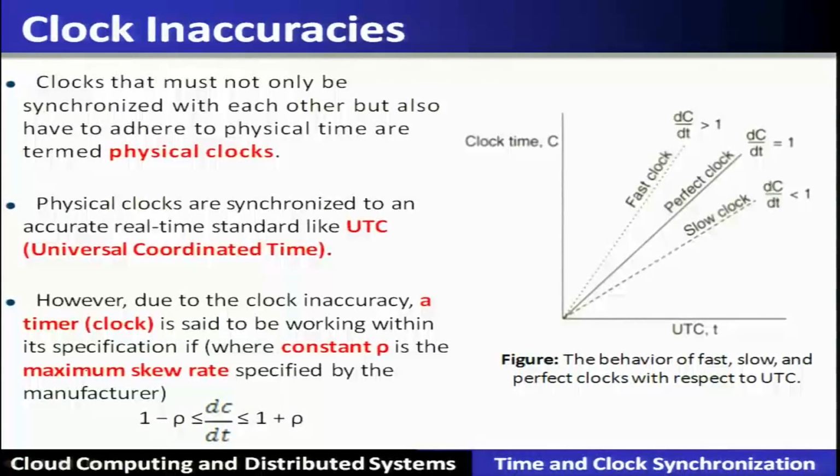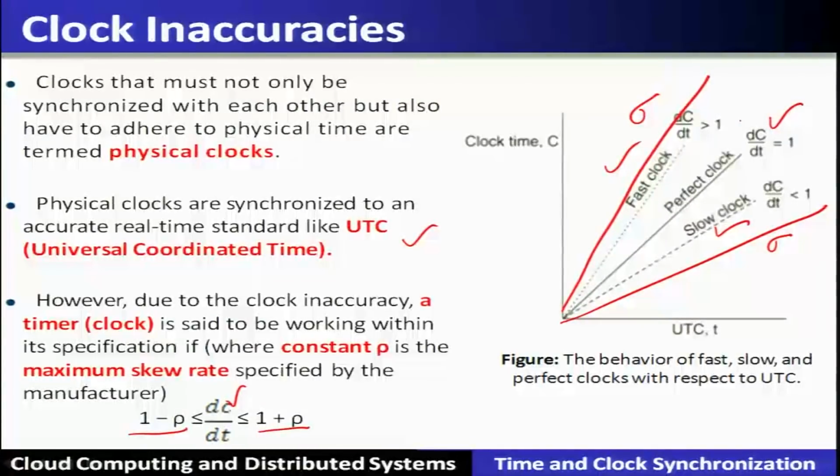So, let us see what the specifications are. Now, if a constant rho is the maximum skew rate specified by the manufacturer, it has to be bounded within 1 plus rho and 1 minus rho. So, let us see that dC/dt, if it is 1, then it is the perfect clock, that means it is synchronized with the standard time. Now, if dC/dt is less than 1, then it is a slow clock, and if it is greater than 1, then it is a fast clock, and if it is bounded by these values of rho,